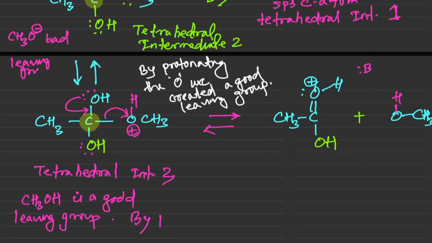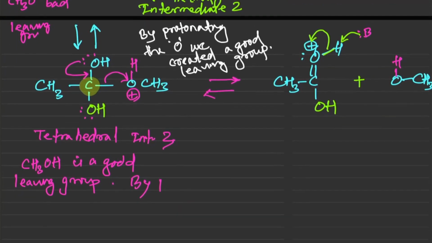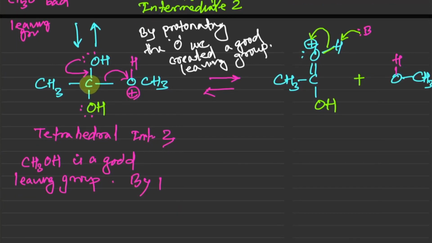Okay, so what's our next goal? If you have something positive on oxygen, your goal should be to neutralize it. Well, we can neutralize it by bringing this bond here and abstracting the proton with BH plus. B stands for anything that could abstract a proton. So at the end, we got CH3COOH plus